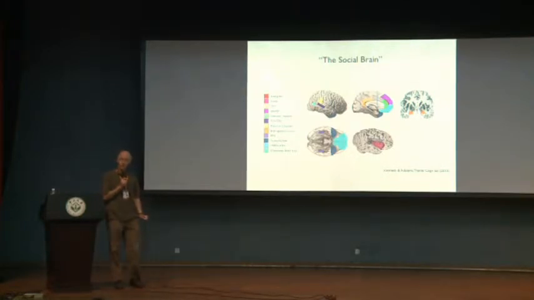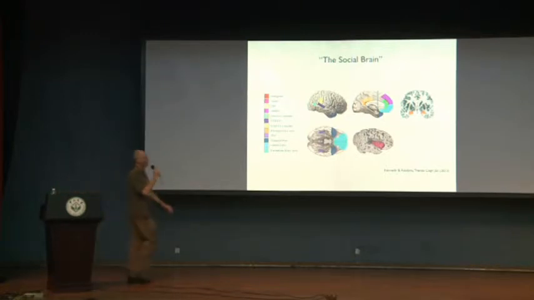So these are structures that are important for processing social information. If you do fMRI studies that look at social cognition, components of social cognition, you activate many of these brain structures. If you record, mostly in animal studies or in rare human cases, from these regions, you find that cells respond to social stimuli like faces.